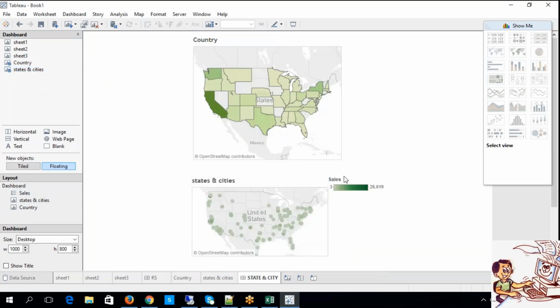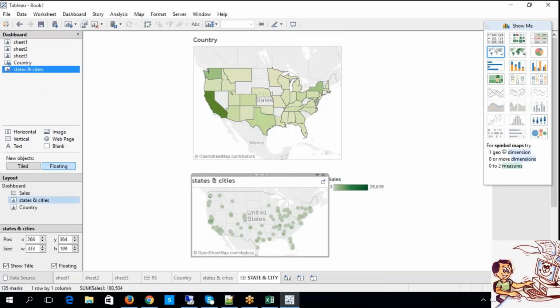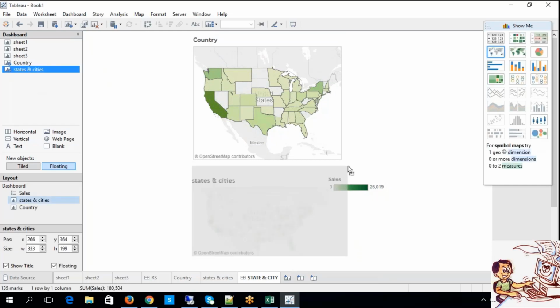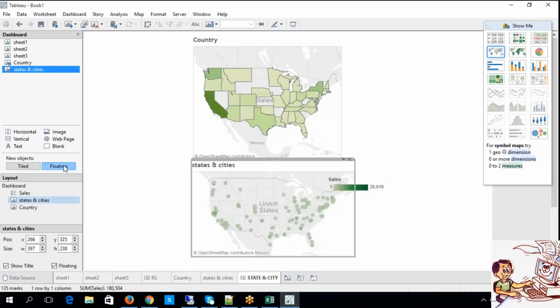You can use floating or tiled either way.